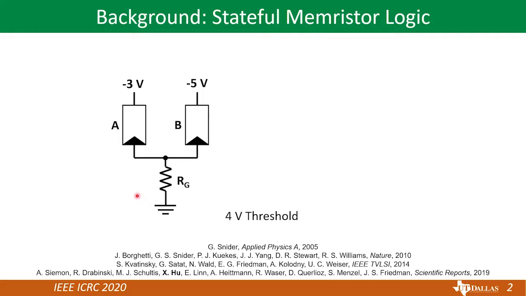For example, if we assume the memristor threshold is 4 volts and apply the driving voltages correspondingly, here we have -3 and -5 volts applied. Then, when both memristors are in high resistance state, as logic 0, the voltage across memristor B on the right is roughly 5 volts. That voltage exceeds the 4 volt threshold and sends memristor B into a low resistance state